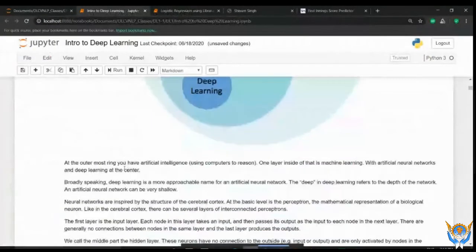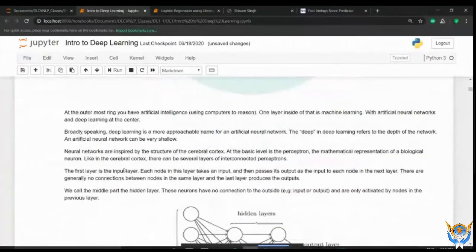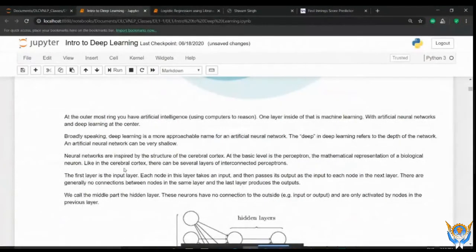So in the next day, in day 2, I will explain to you what the network is and how the neural network basically works. You can see here, deep learning refers to the depth of the network. There is definitely some depth in your network, so that is why it is called deep learning.